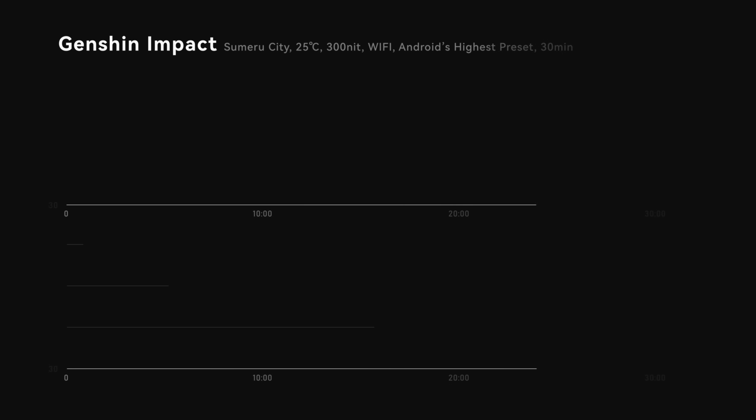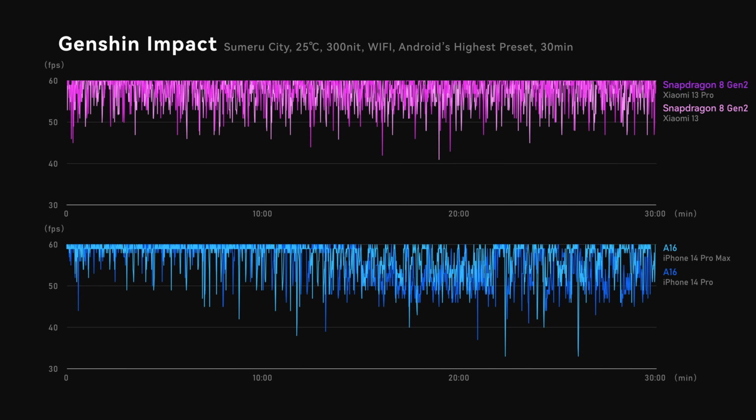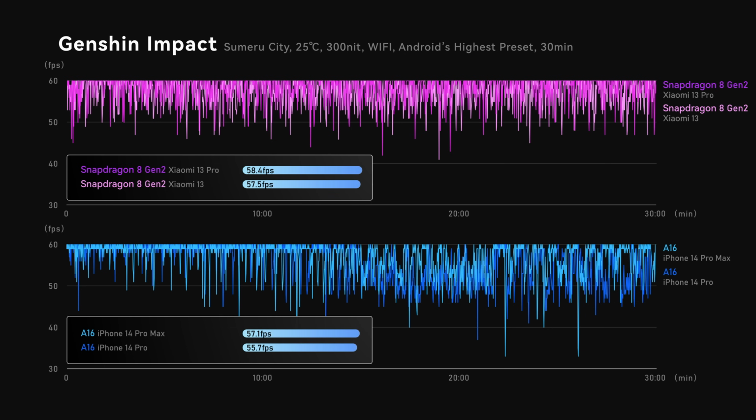Yet you can argue it is still some reasonable performance since A15 is already a beast. And what about Qualcomm? We did the same test on Snapdragon phones and the result is quite surprising. Both Xiaomi 13 and 13 Pro deliver frame rates close to 60 FPS, although not quite stable. But luckily, they didn't experience throttling like iPhone did, so the average frame rate over 30 minutes is actually higher